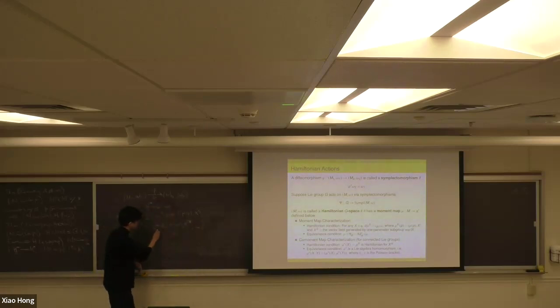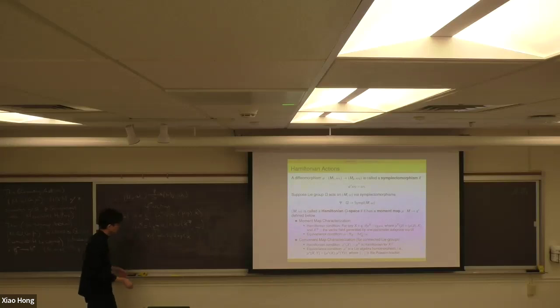And this is a vector field. It is the vector field generated by the one parameter subgroup by X. Explicitly, this means